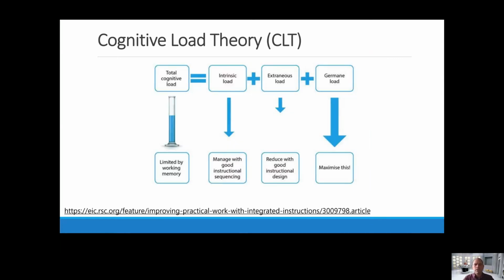So if we work on the assumption that our cognitive load is limited, all of these loads, the intrinsic, extraneous and germane, are going to be filling up that load. The analogy here is the measuring cylinder. Ideally, we want to reduce extraneous load as much as possible because that will allow us to have more room in our working memory. Intrinsic load is trickier to deal with because some concepts are intrinsically complex,